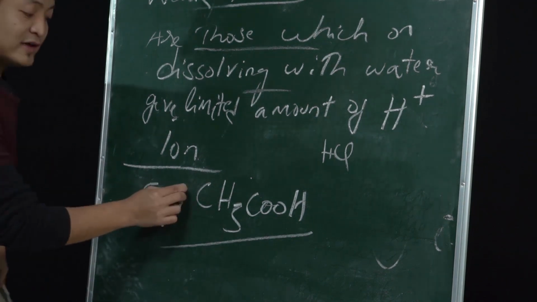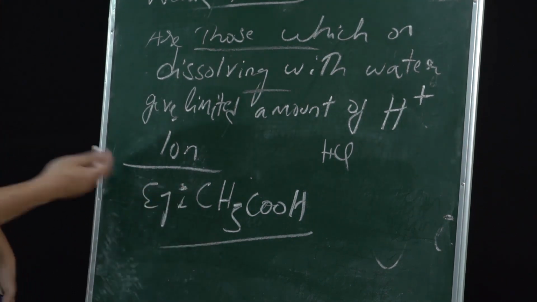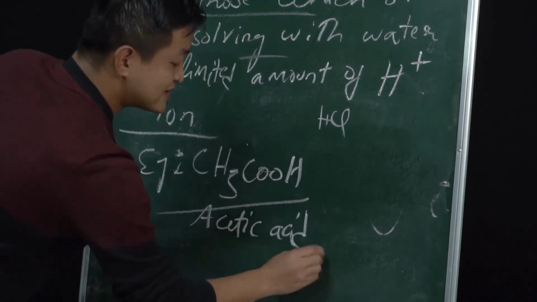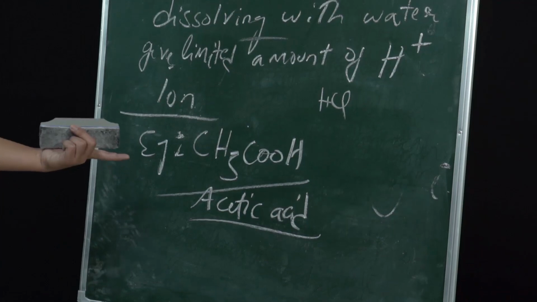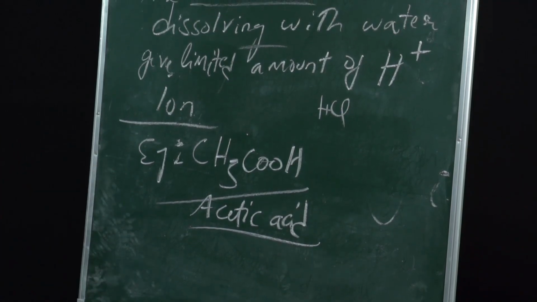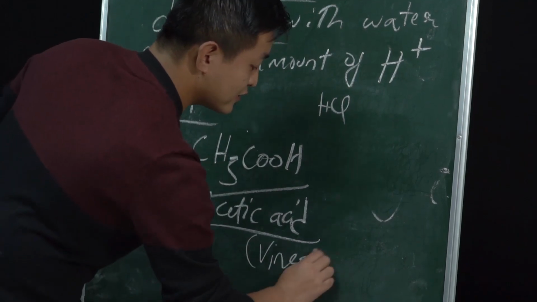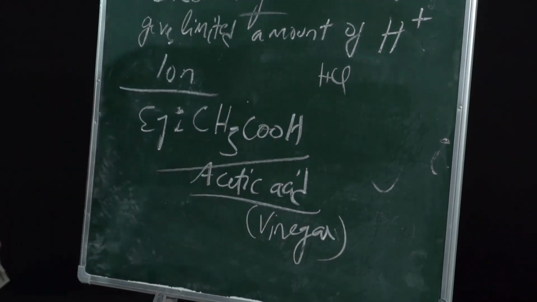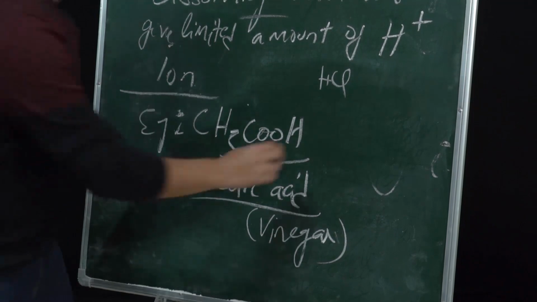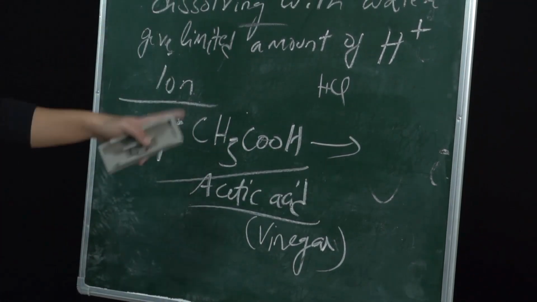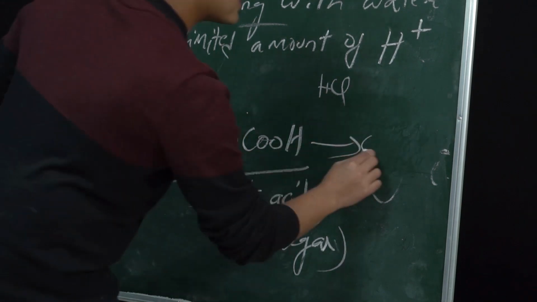This is a very common acid, acetic acid, which we get naturally from vinegar. CH3COOH. If we dissolve this compound in water, we will get